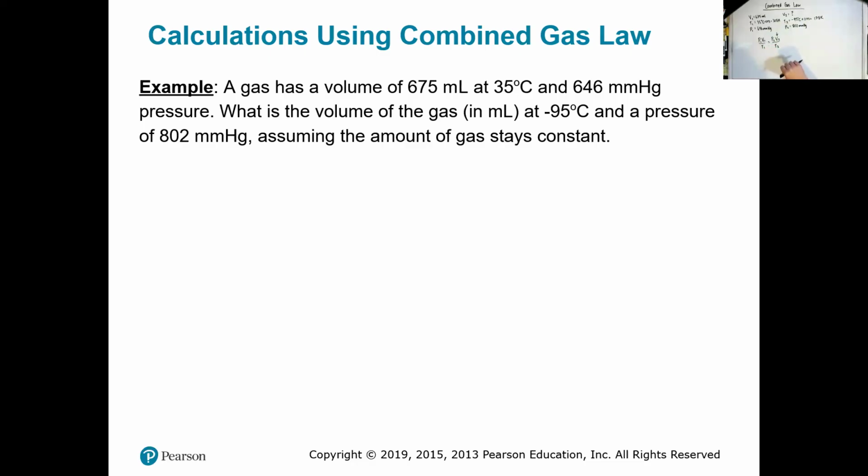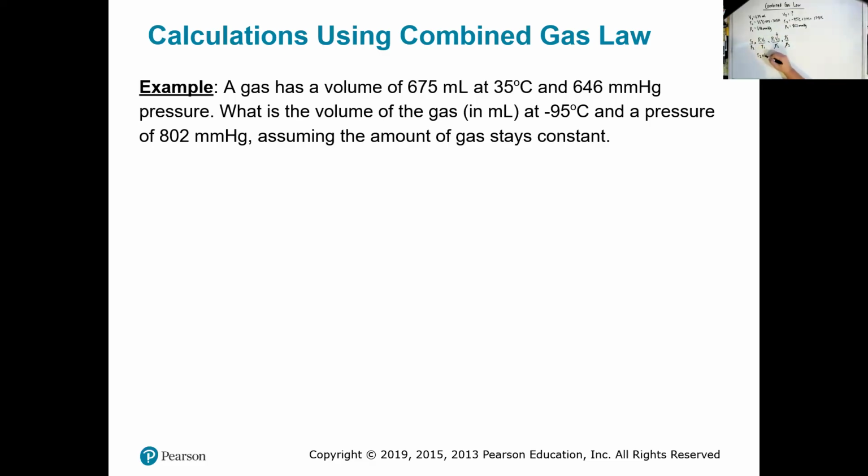If we solve for our variable first, then we're going to be putting everything in once it's already in the correct position. So if I want to isolate V2, I'm going to multiply both sides by the reciprocal of the variables I'm trying to move over. So I'm going to multiply my right side by T2 over P2, and I'm going to multiply my left side by T2 over P2. Right? And then these two things are going to cancel out from my right side, and I'm going to be left with